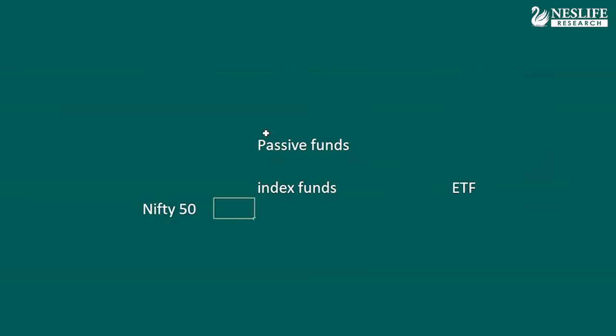There will be almost 20 index funds and 20 ETFs. Now my question to you: if you want to invest in an index fund, which index fund? For the Nifty 50, there will be at least 20 index funds and 20 ETFs. Okay, so circus is required. ETF SIP, I said, you can do on Zerodha.